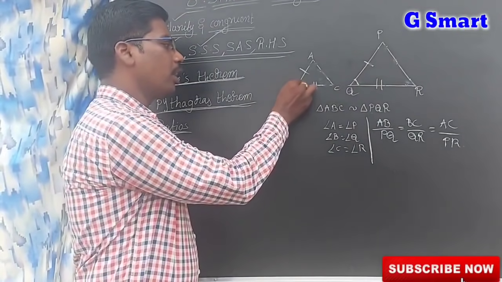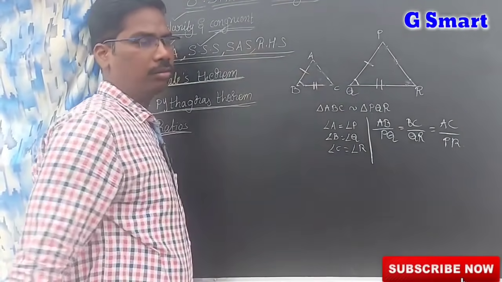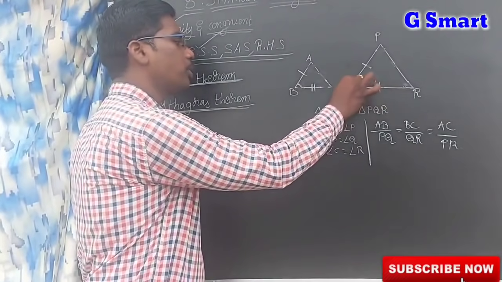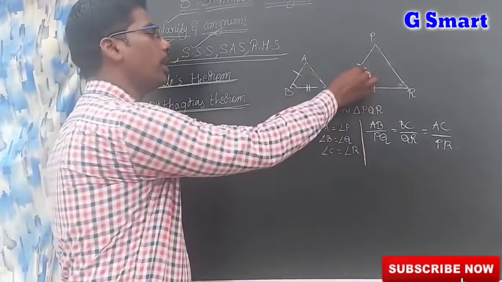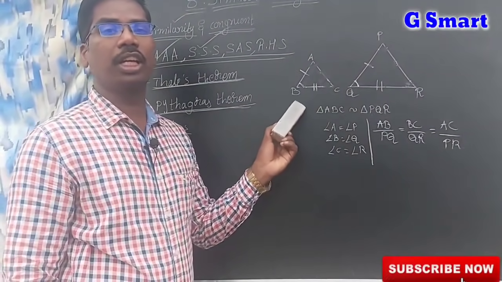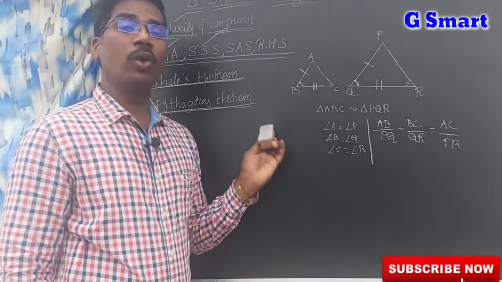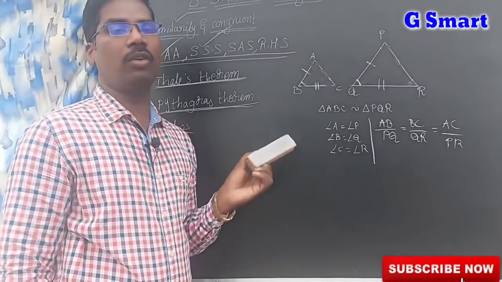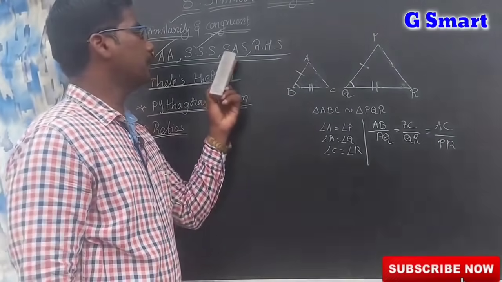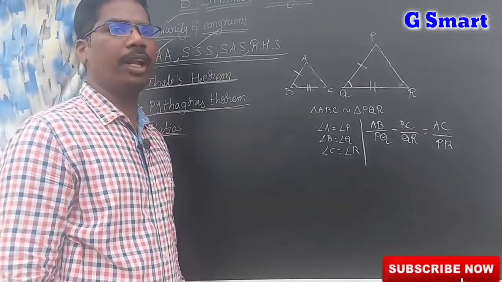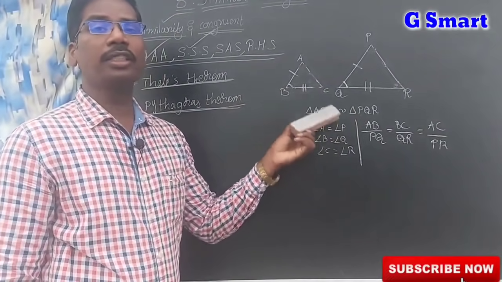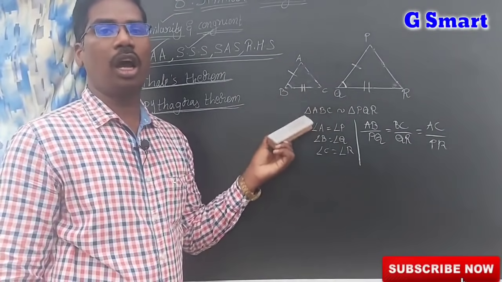in a triangle, if two sides and the including angle are equal to the corresponding angle and corresponding sides, if the ratios of the corresponding sides are equal and the including angle is equal, then the two triangles are said to be similar triangles, and this property is called SAS axiom. Once again I am repeating, in two triangles, the corresponding two sides are in the same